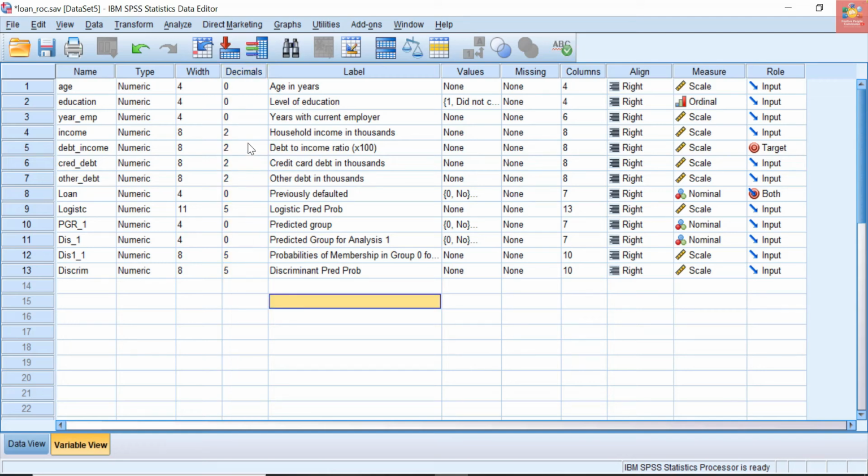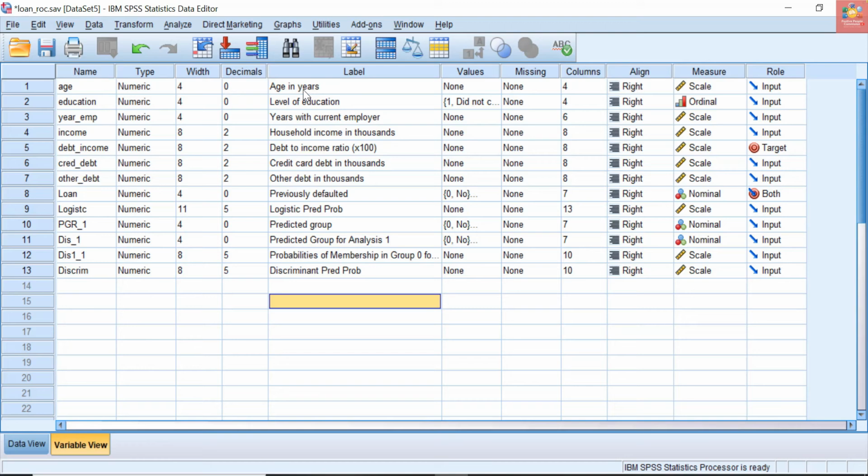And the next one is a very important column. The next one is the label of the variable. You see in the name we have only short names of the variable, so we can quickly judge what the variable is. But if we want the variable to be explained in our variable view window, label is the actual place where we can enter details of our variable.